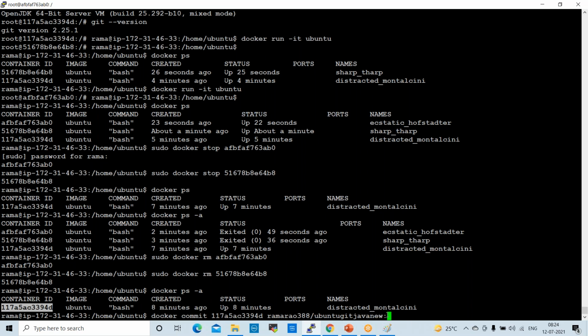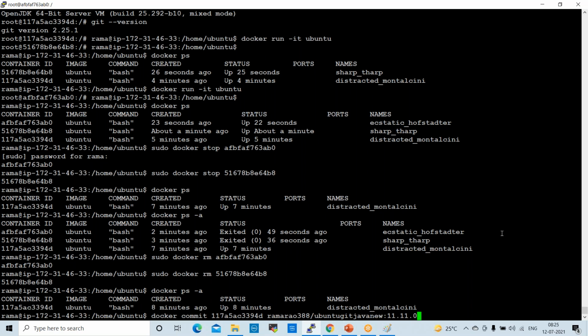After that, colon, we need to provide some version number, right? Because in Docker Hub, we have so many versions, right? So if you want to push this image to Docker Hub, we need to provide a proper version. So I want to provide some version here, 11.11.0 something, because I have so many versions in my account. I want to give a different version. Okay, fine. So docker commit, Docker Hub username, container ID and image name.